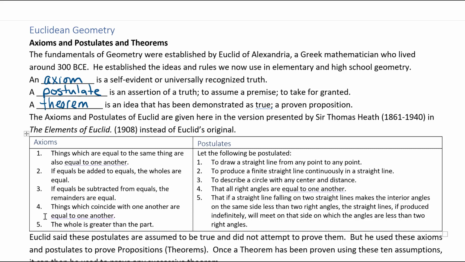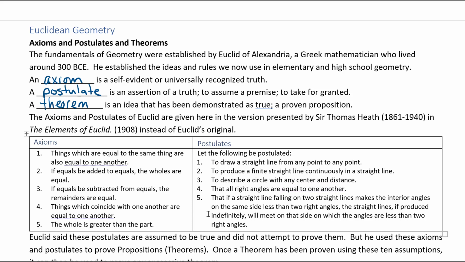Things which coincide with one another are equal to one another. So if the two lines lie on top of each other, then they're the same, and the whole is greater than the part. And then he went on to form other postulates. To draw a straight line from any point to point, so 2 points create a line. To produce a finite straight line continuously in a straight line. Some of these start to become a little bit difficult to understand just because of the way he was wording this. To describe a circle with any center and a distance, all right angles are equal to each other, they're